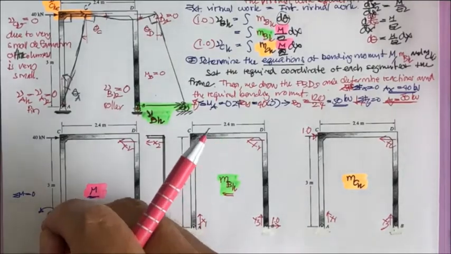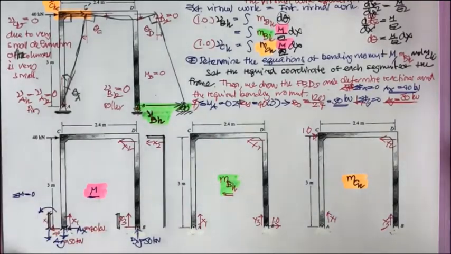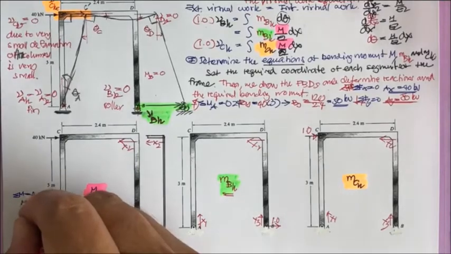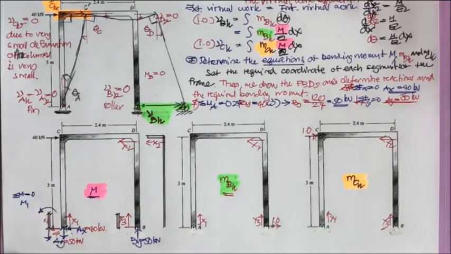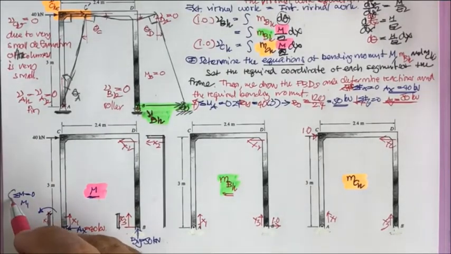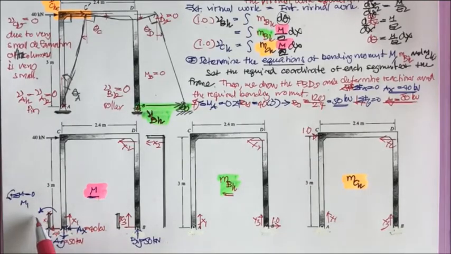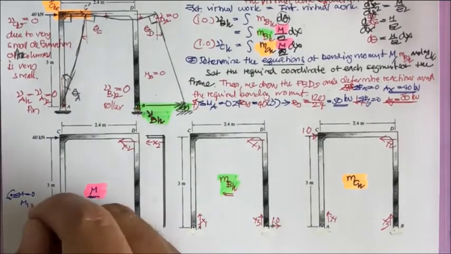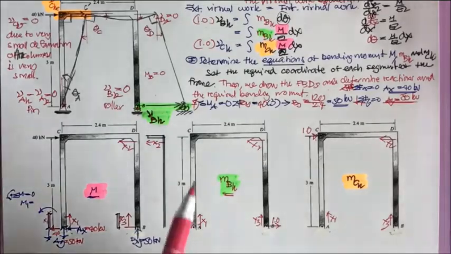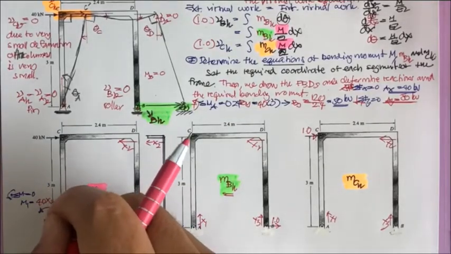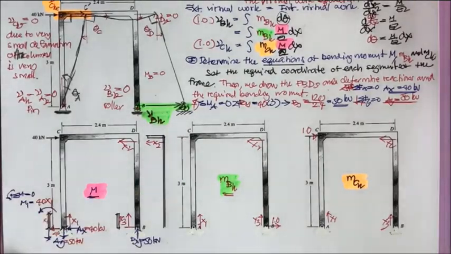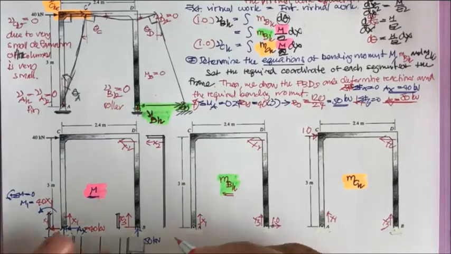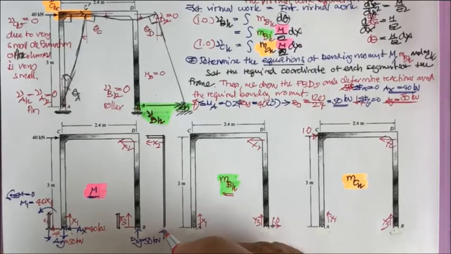So if you sum moments equal to 0 here, you're going to have m1. In this direction is positive, and 40 is in the opposite direction, so it's going to equal 40 x1. This is the first one,